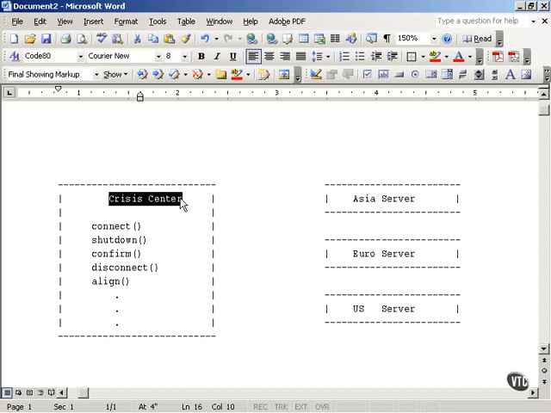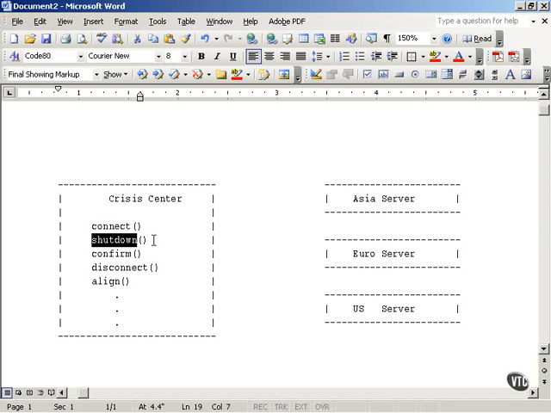And when something goes wrong, you might have to connect to that server, shut it down, confirm the shutdown went on, disconnect, align the diagnostic programs, and so forth. In other words, run a whole lot of methods, as you see here. And this might be an issue because it gets very confusing to run 36 methods on a particular server remotely, and your staff might run them in the wrong order, omit one, run them on a different server by mistake,